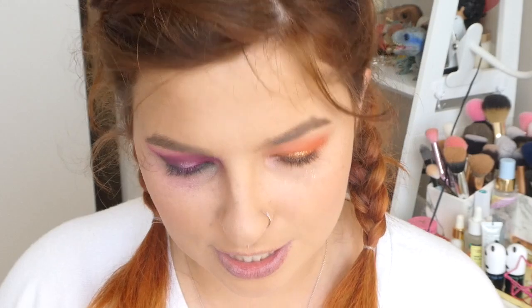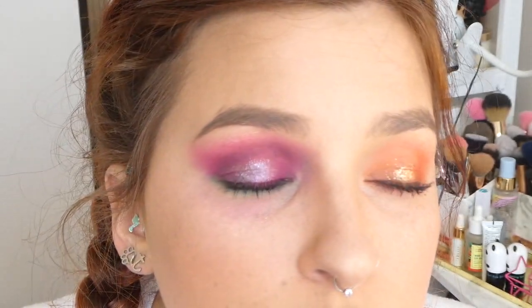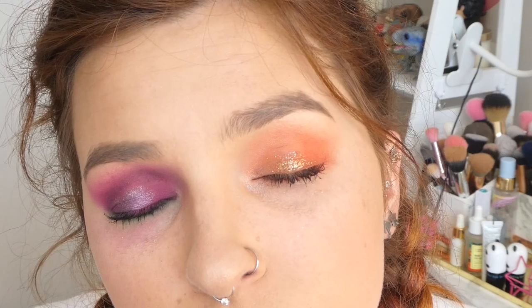So let me put on mascara and eyeliner, see if I can save this eye look, and we'll be right back. Okay, so with mascara and eyeliner, it's not as bad as I thought. But these are the 2 eye looks I've come up with here. And yeah, it's definitely not as bad as I thought it was going to be, but I'm not